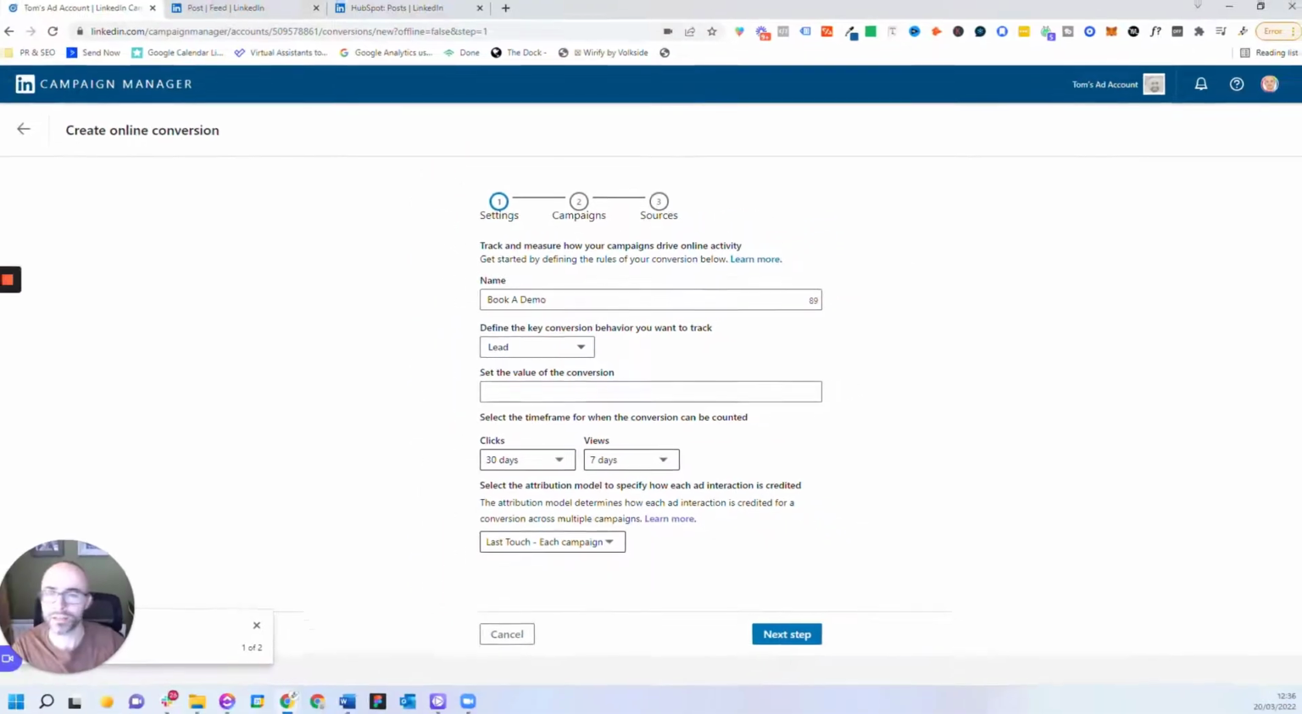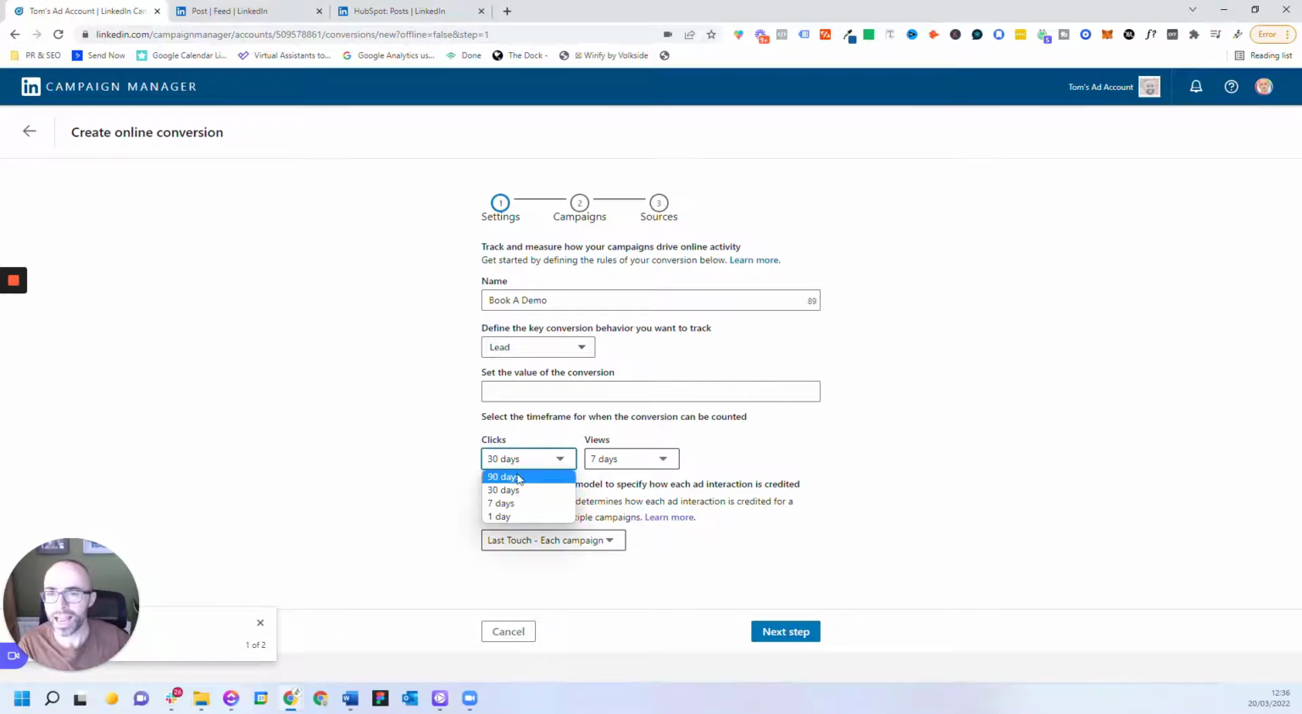So what this means, for example, with clicks, if I have clicked on an ad and then within a 30-day period, I have then come back to your website and signed up, LinkedIn is going to attribute that sign up to the ad that they have clicked on. So even if they didn't convert and sign up in that first interaction, if they've come back to your website later within 30 days or whatever window you set, LinkedIn is going to take the credit, as such,